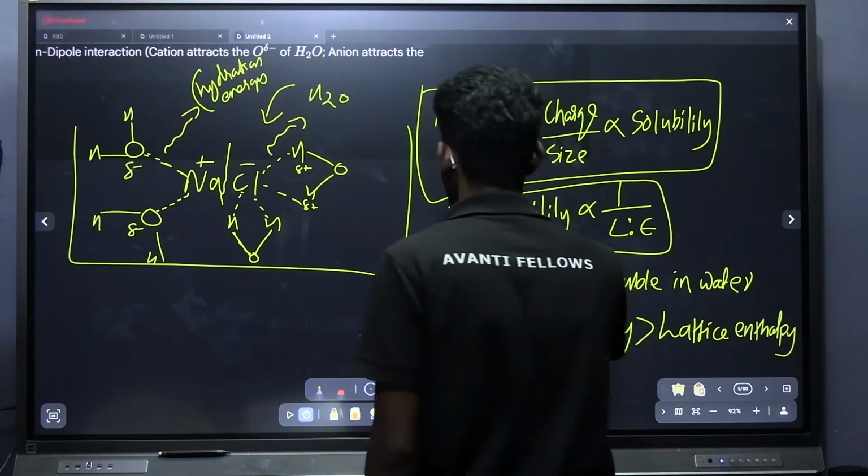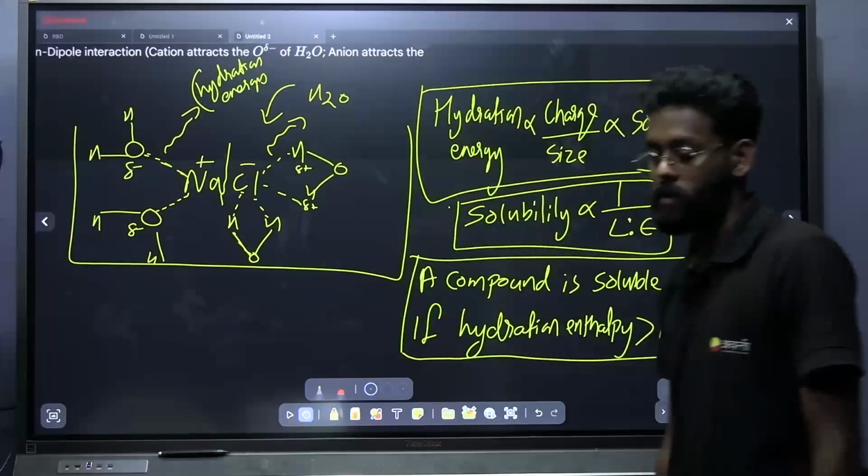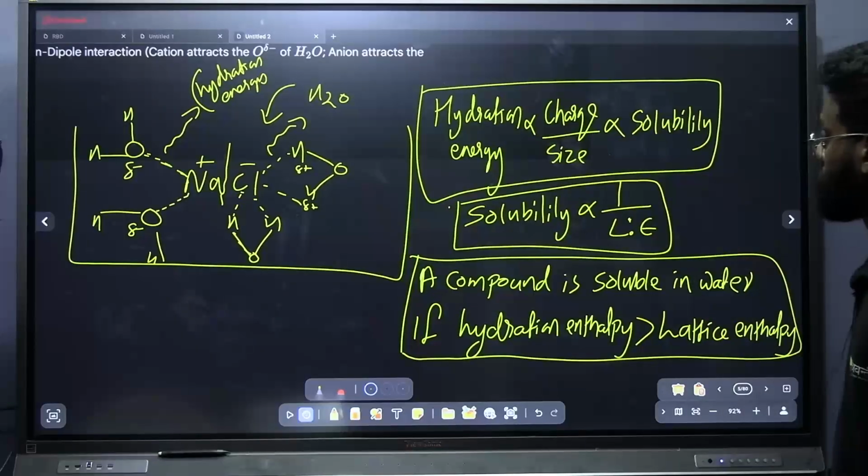This is the point. A compound is soluble in water only if hydration enthalpy is greater than lattice enthalpy, because